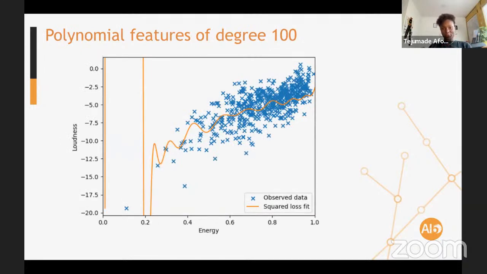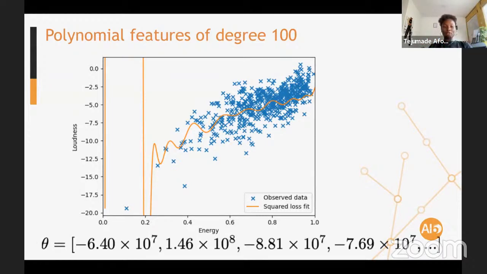Given that equation, we are going to apply it to this data set. We want to reduce the complexity so that it fits less and doesn't overfit. Before, the weights were very large. You can see minus 6.4 times 10 to the power 7, which is on the order of negative 60 million.